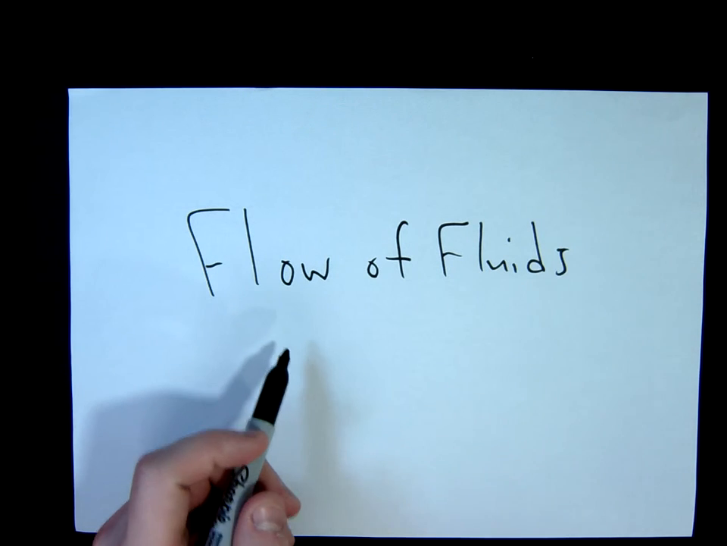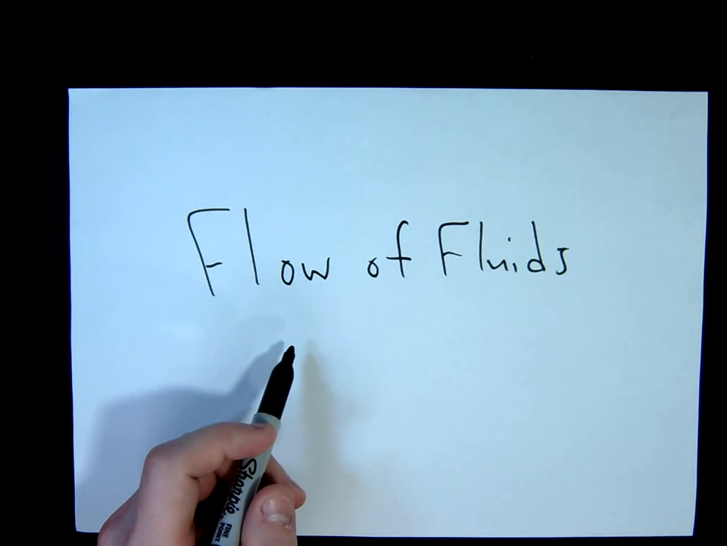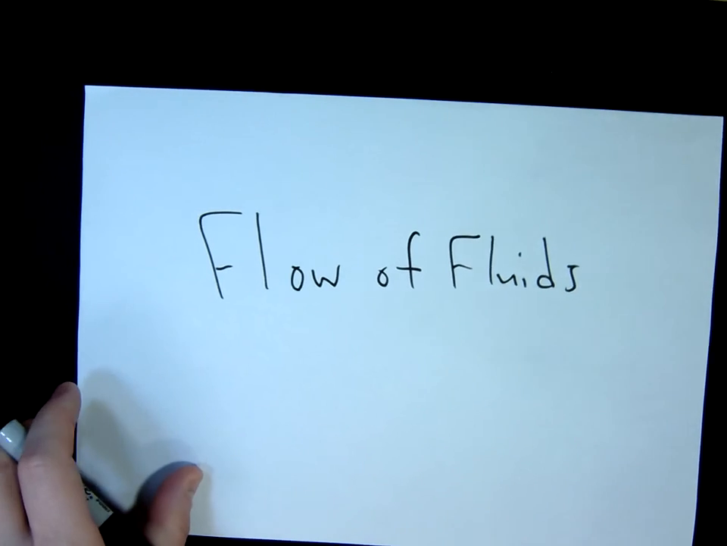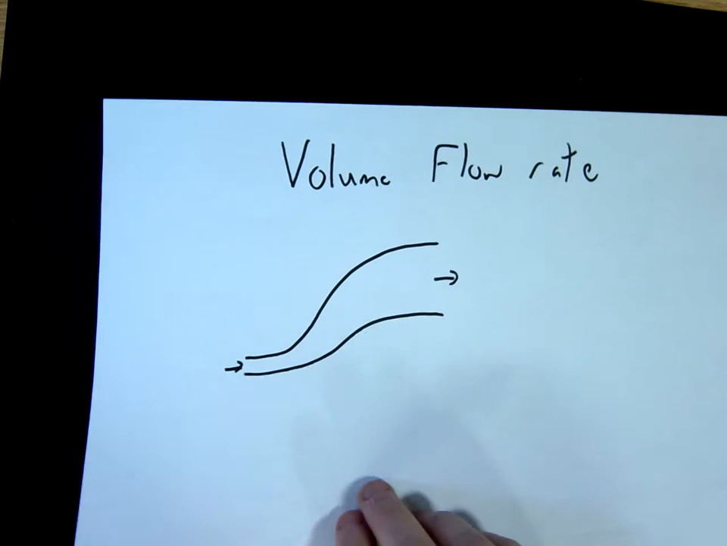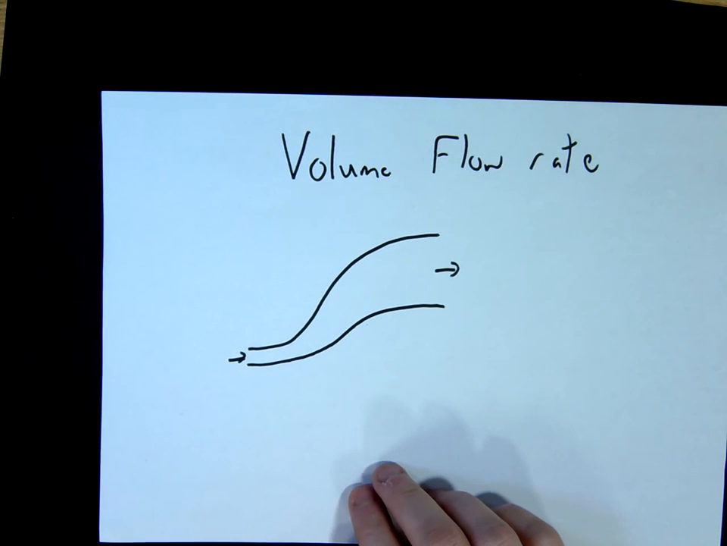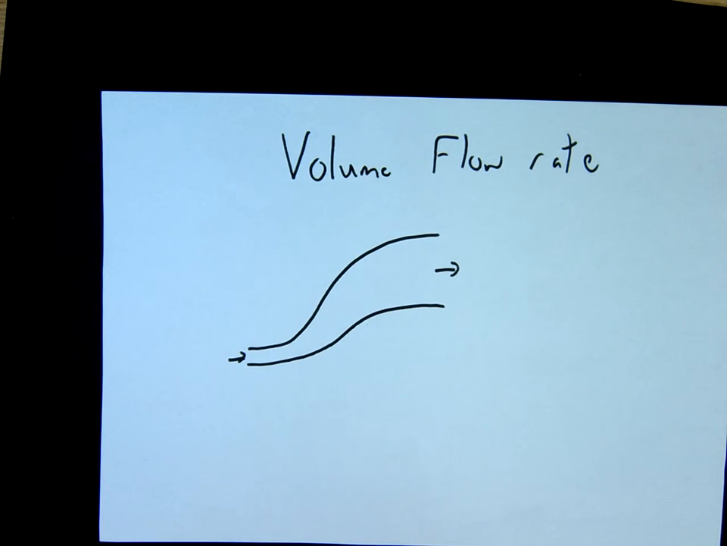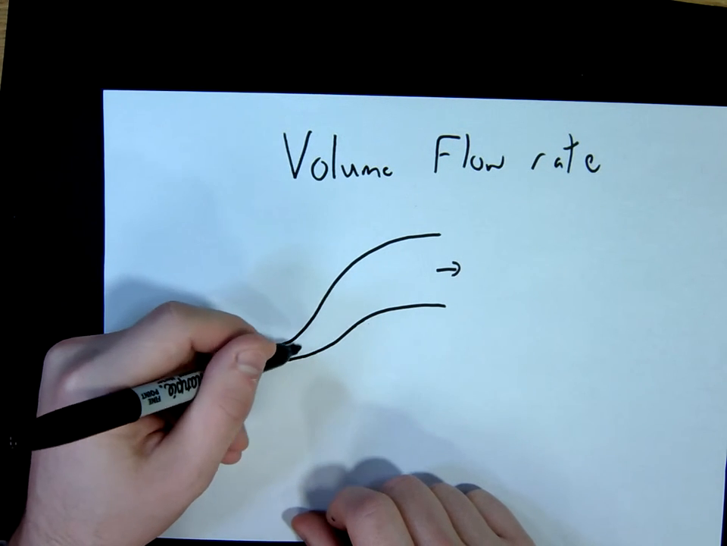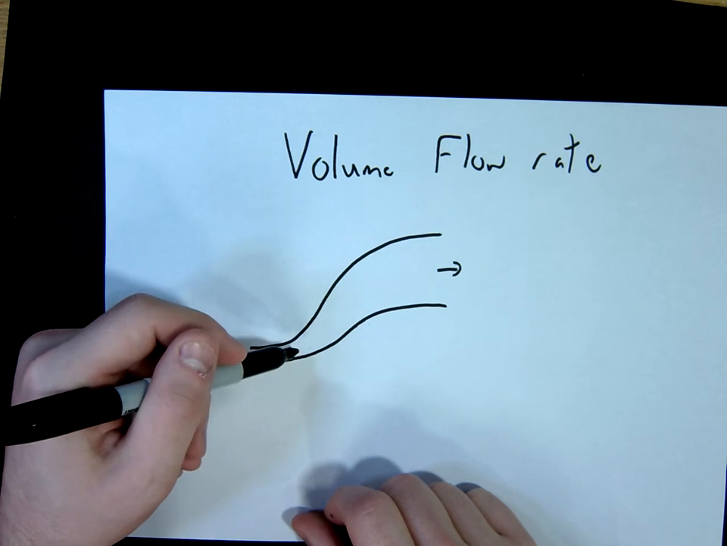Okay, we're going to be looking at the flow of fluids and how they interact with themselves. So the first thing I want to look at is something called volume flow rate. And it's actually quite a simple principle. It essentially says that at any given point, the volume flowing past a given point in a unit time is